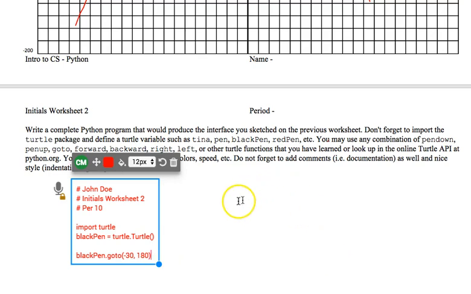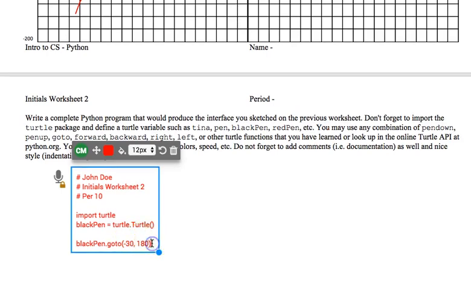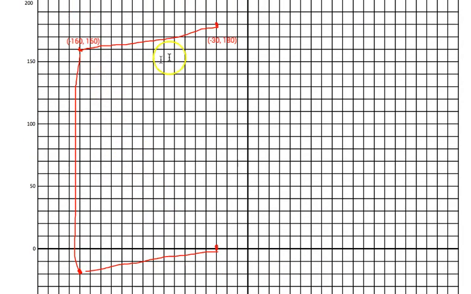And of course, if I were in the software like at Replit or Trinket or using some program like Thonny, I could test this as I go. But sometimes on a test, like the AP exam or a Unit 1 test that I might give next week, you often have to know how to write simple code like this from memory, from just thinking about it, from logic, from past studying. Okay, so I hit the enter key because that line of code should work, and now I'm going to use blackpen.goto, and I'm going to find the second point on this